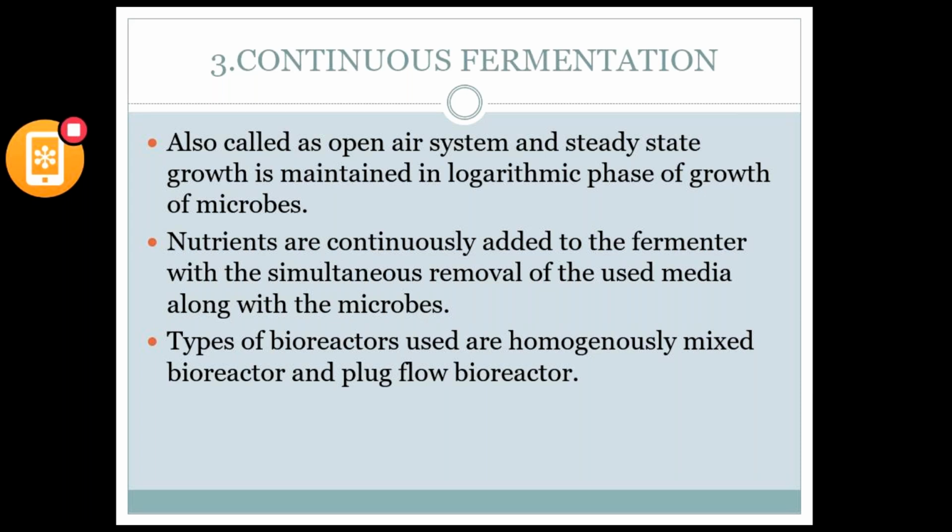And here, all the microorganisms which are dying, that means I have told you that older microorganisms will be removed along with the removal of older media. Here, the culture volume and the cell concentration are kept constant. How are they kept constant? Here, the fresh sterile medium enters the culture vessel, and at the same time, the spent media is also removed. Different apparatus are generally used for continuous fermentation, and generally two types of fermenters are used: one is the continuous homogeneously mixed bioreactor and the other is the plug flow bioreactor.